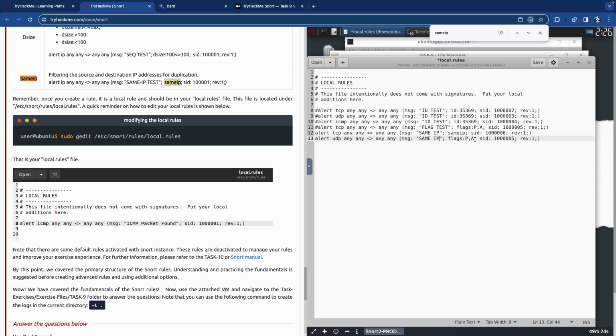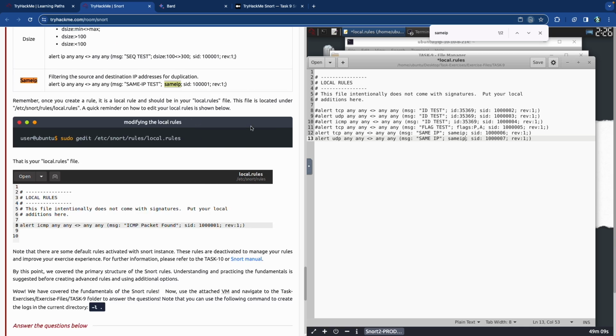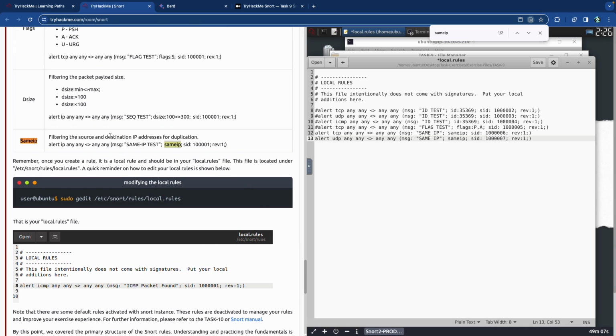oh look, it changed it for me? That's weird. 7. Oh no, I typed. Wow, you guys, I'm kind of running on fumes right now. Same IP. Okay, cool. So we have two rules: UDP, TCP, filtering any source destination,